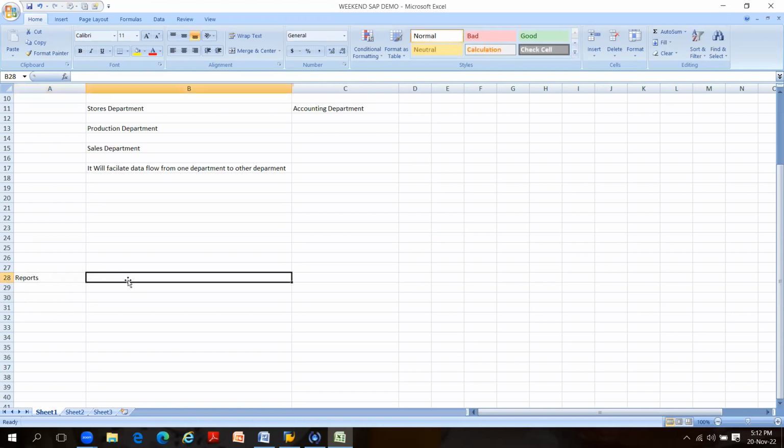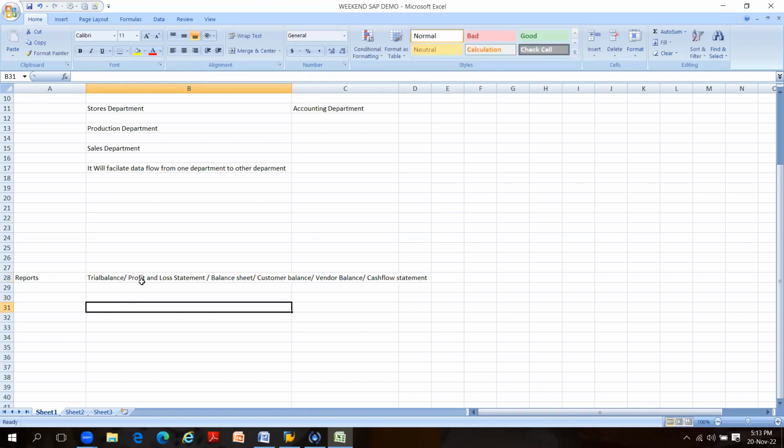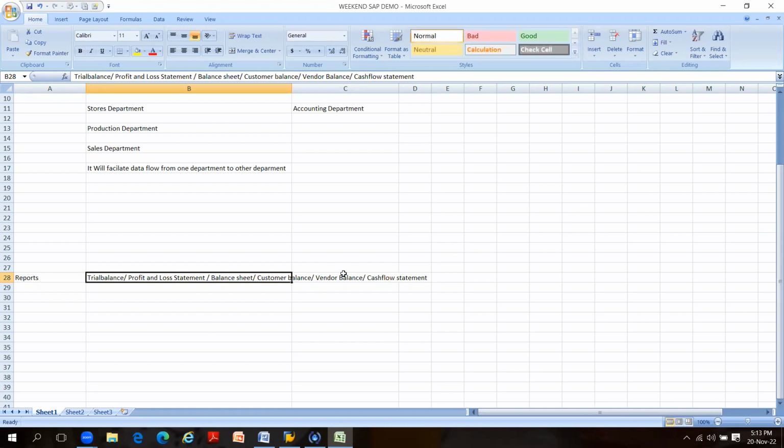Which type of reports do you need? First report, trial balance. Second report, profit and loss statement. And balance sheet. And customer statement, customer balance, vendor balance. Like this, you need cash flow statement. So I need this type of reports: trial balance, profit and loss, balance sheet, vendor balance, cash flow